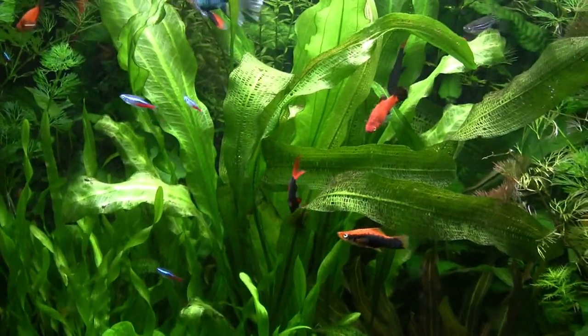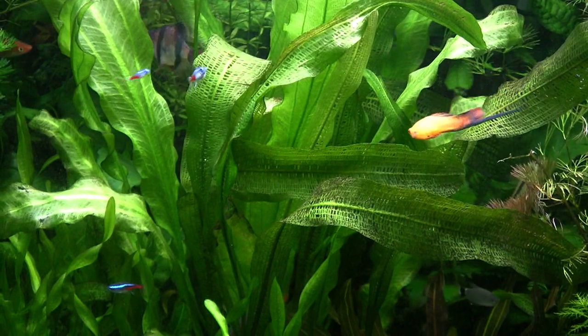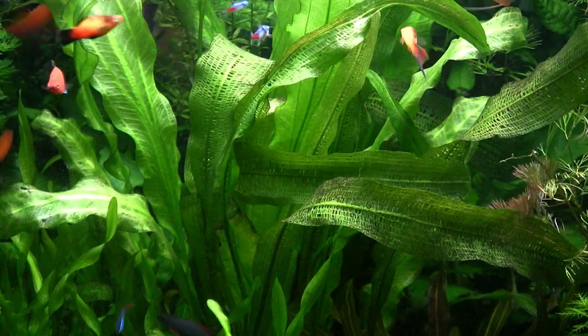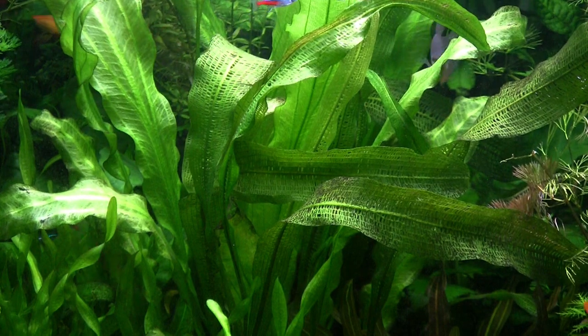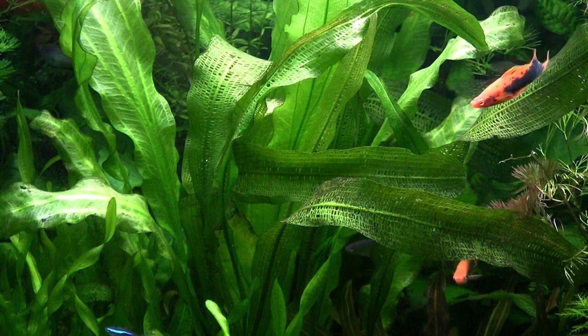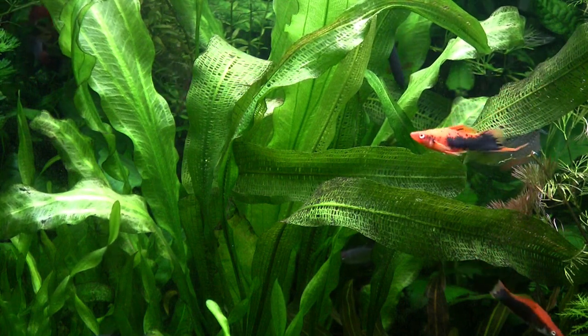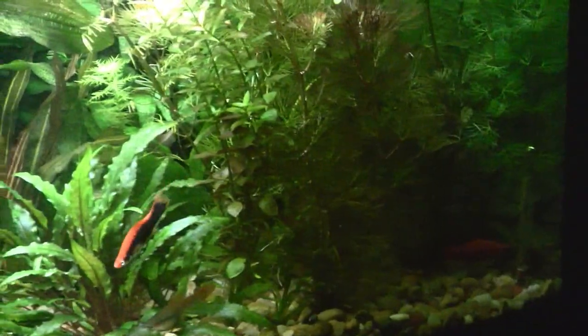And of course, as I said before, I'm so proud of the Madagascar lace plant that continues to have about 20 leaves to it, most of which will reach the top water of this 55-gallon tank. So I think it's about 22 inches. I could be a little bit conservative on that. But it's all doing well, and even the Ludwigia down here that I didn't mention before,